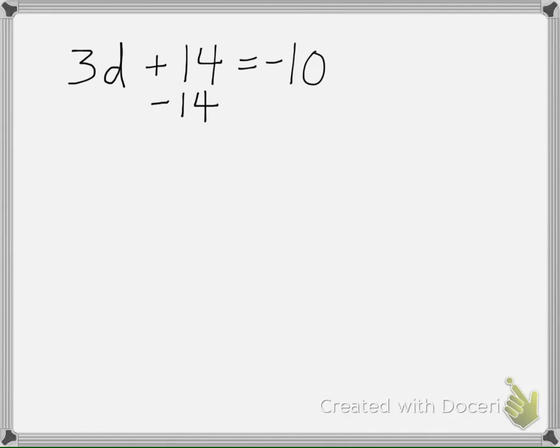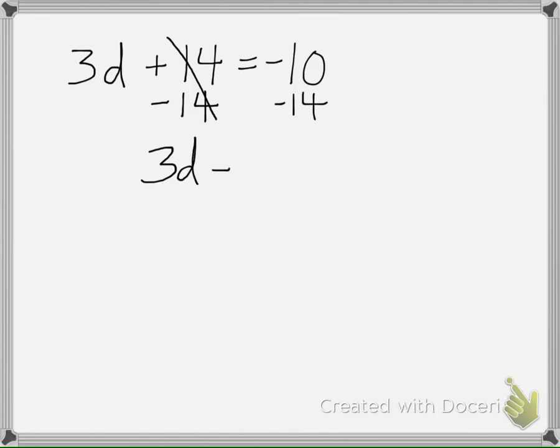So number 3, we have another multiplication problem. It's 3 times d plus 14 equals negative 10. We get rid of adding or subtracting first. So since I have addition, that means I'm going to subtract 14. That will cancel, leaving me with